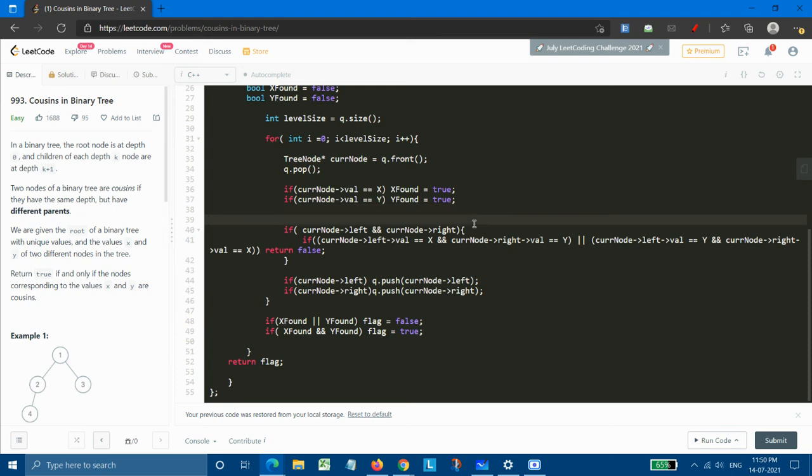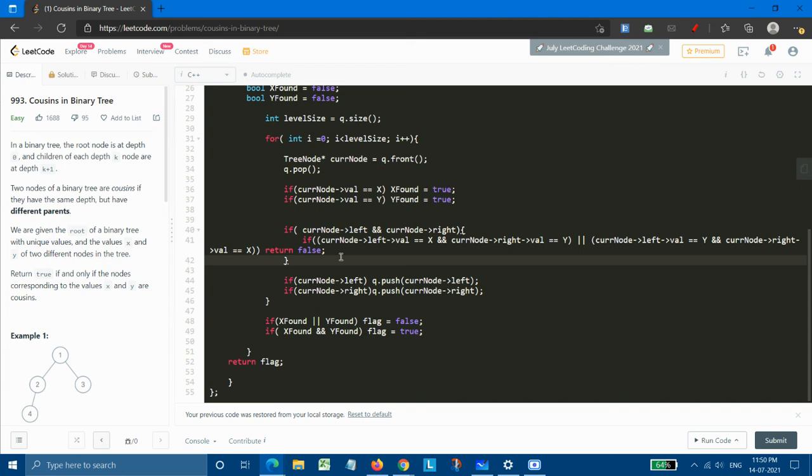Now comes the part of our present node, that is, our current node. If it acts as a parent, then first we need to check whether its left and right children really exist. If they exist, then we check its left child's value. If it is equal to x and its right child's value is equal to y, or the case is opposite, and its left child acts as y and right child acts as x, then we need to return false, because they are siblings to each other, since they have a common parent.